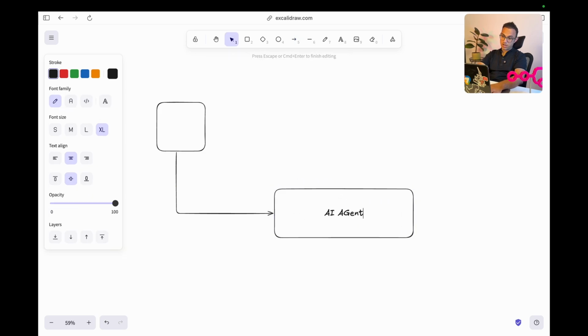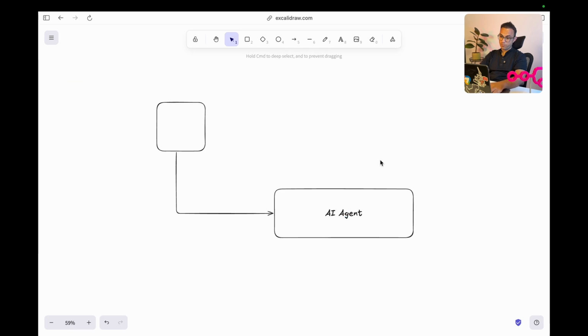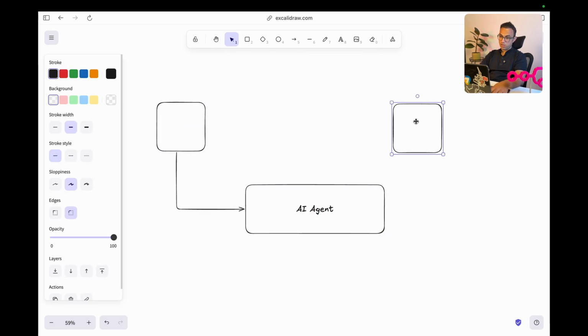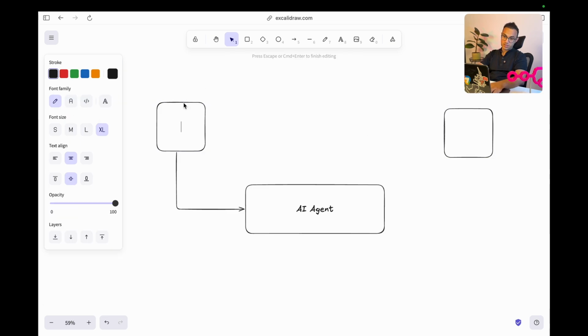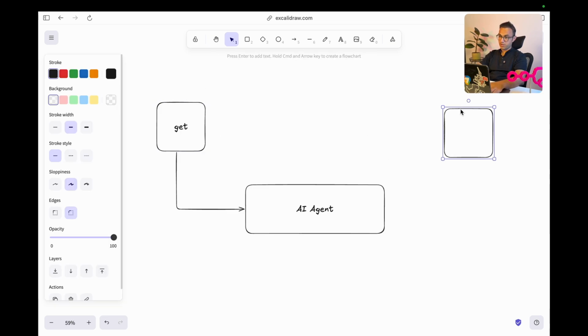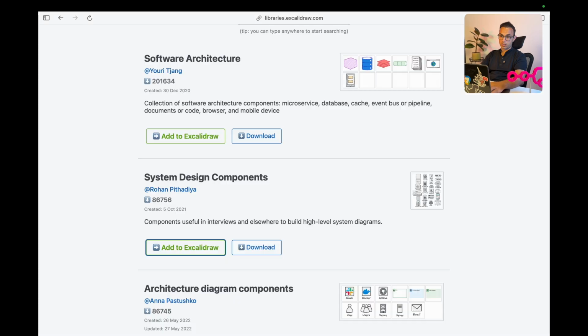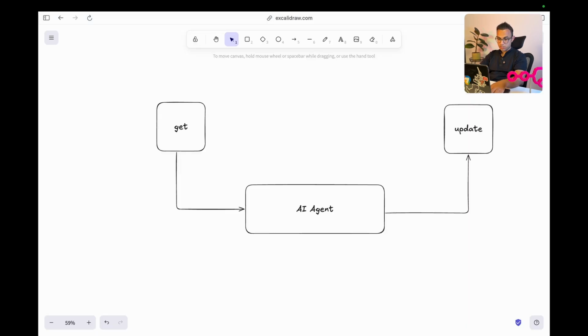So this is your AI agent workflow. And then you have another node on the other side. This is the update node, and then you put it back in the Google Doc. I hope that answers the question.